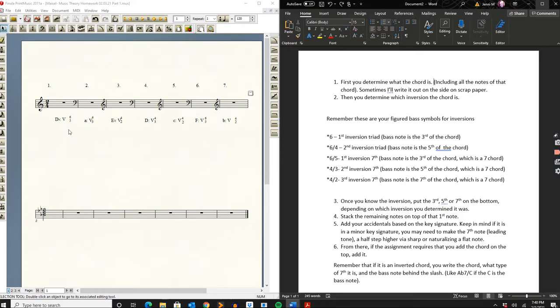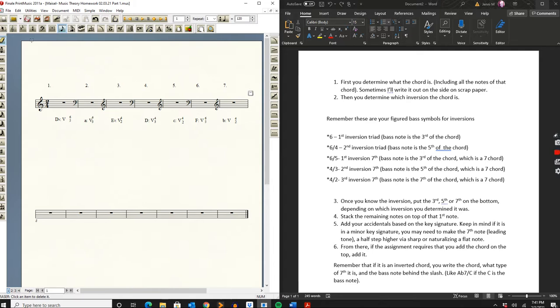So we're going to determine the 5 scale degree chord of a D flat major scale. Obviously you all know your intervals, so your 5th scale degree of a D flat major scale is going to be A flat, and obviously this is going to be a 7 chord because the figured bass tells us that it's some sort of 7th chord inversion. So we go ahead and write out,